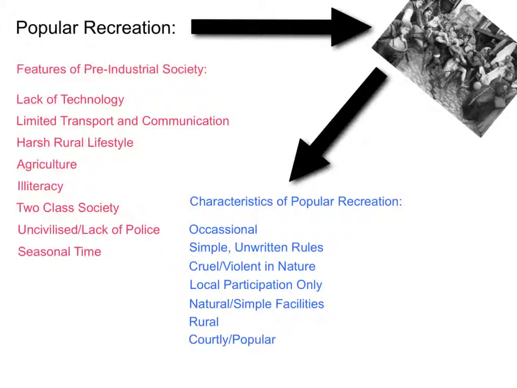This means that games either appealed to the masses, for example mob football, or appealed to the gentry and were exclusively played by them. Real tennis would be an example here, where only the gentry could afford a court and the equipment, and by and large only those who could read could understand the rules. Therefore, some games were designed for the masses and some for the gentry. Some games were courtly and some games were popular.